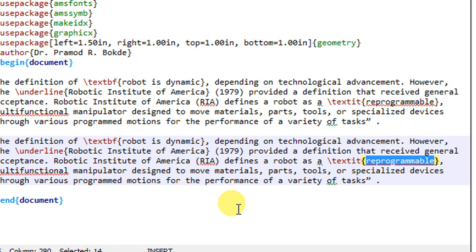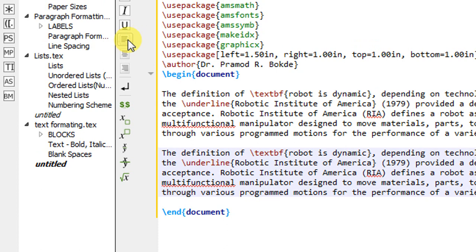We did it manually by writing the commands, but here there are three buttons given. This one is for flush left, this is for aligning the text to the right, flush right, and for center align we have begin center. Again, this is similar to the buttons provided in Microsoft Word.